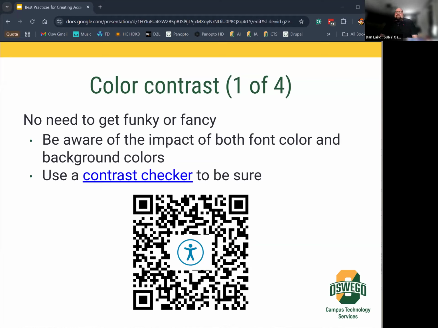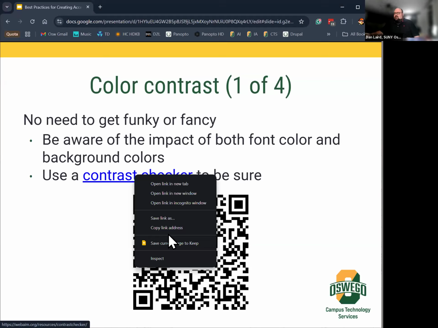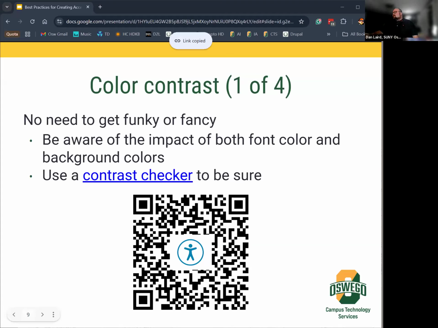I normally just do, like this one, color choice with the font is just black on white. So if you just want to keep it simple, you're guaranteed for people to be able to read it and for it to pass a contrast checker. This is a link to one of those. It's from WebAIM, which is one of the higher authorities in web accessibility. So I'm just going to copy this and put that in the chat for anybody that wants to check it out now. So that will give you what the contrast ratio is with the colors on your screen.